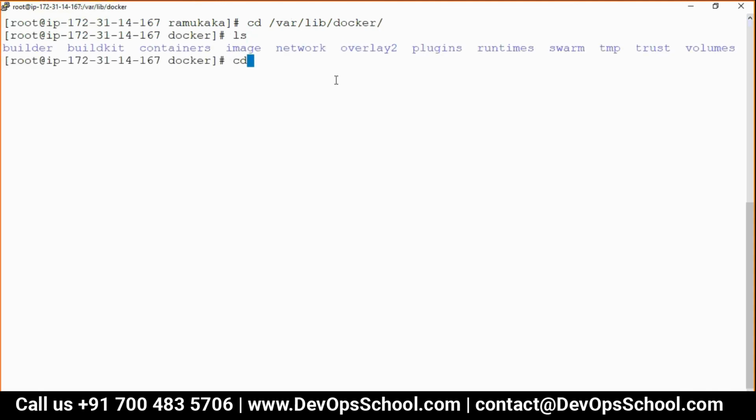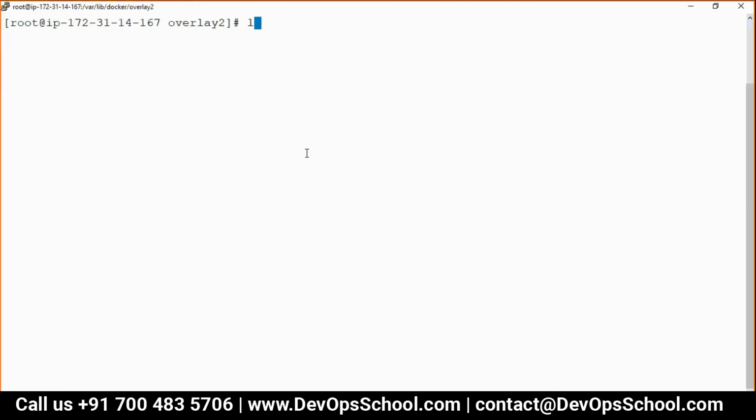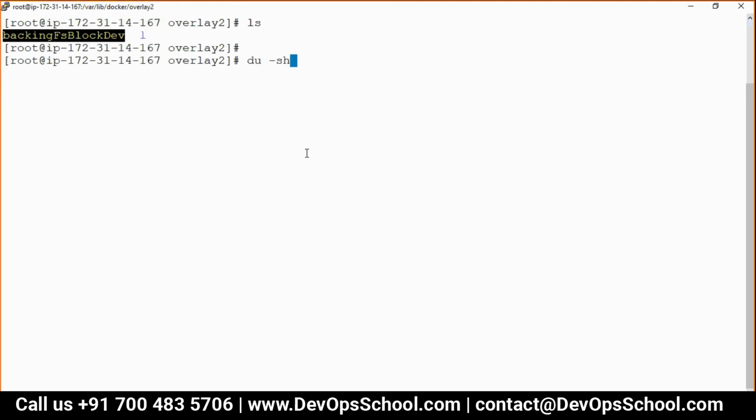See here, volumes will be stored here, networking will be stored here, layers of the image will be stored here, containers meta information will be stored here. Remember, I said meta. Image meta information will be stored here. So let's go inside this. Layers. I need to know layers. Do we have any layers? You can see no layers. Size is 0 bytes. Nothing is there.